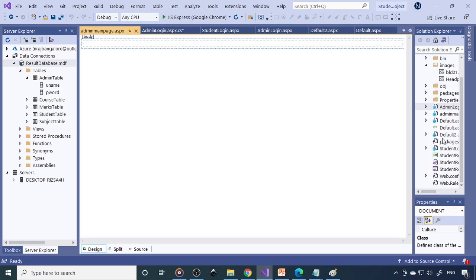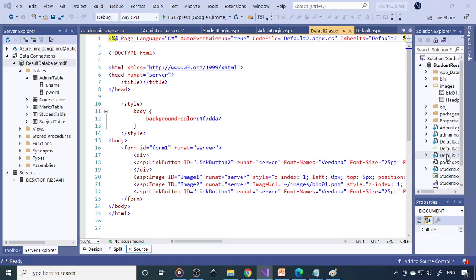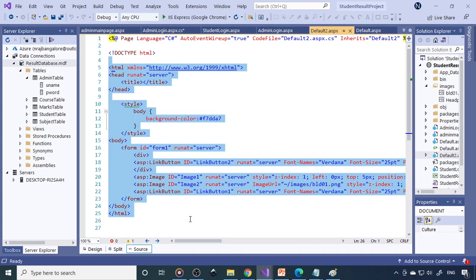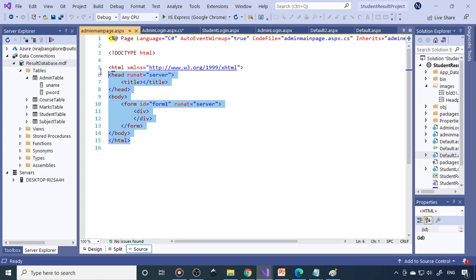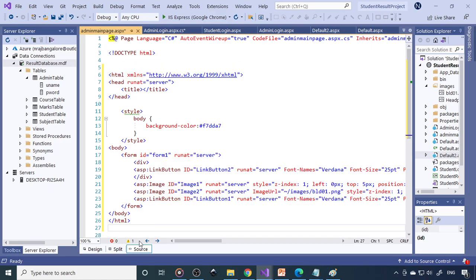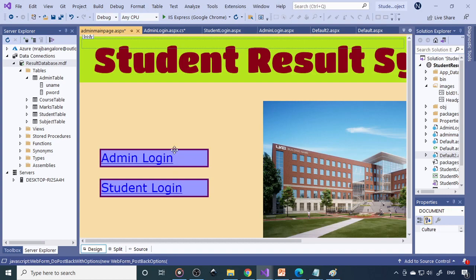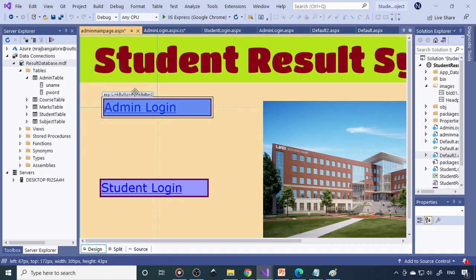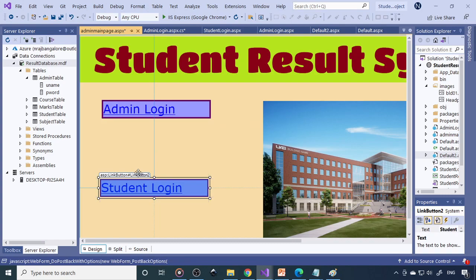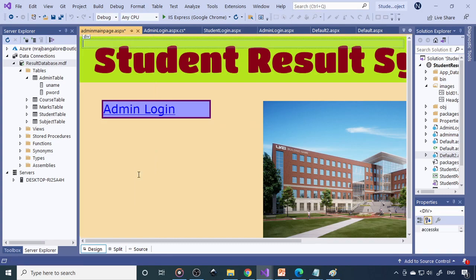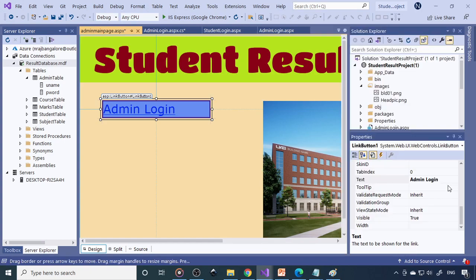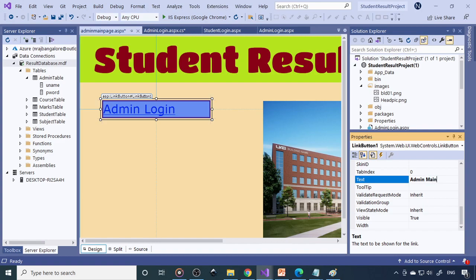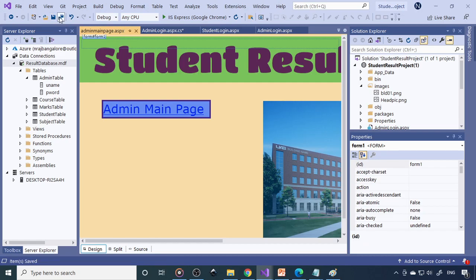So as usual, what we can do, we can go to any of the default two, then we can copy this. Okay, you can redesign it as per your wish, there is no problem. Otherwise, the page is already ready, we can copy and then paste it. So we'll get this, right? So now you can see admin main page, and this you don't require. Okay, so this is the admin main page, right? Now save this, save all these things.